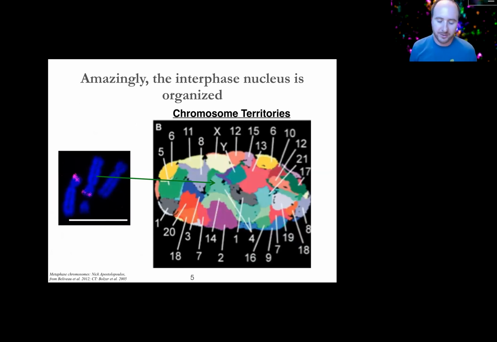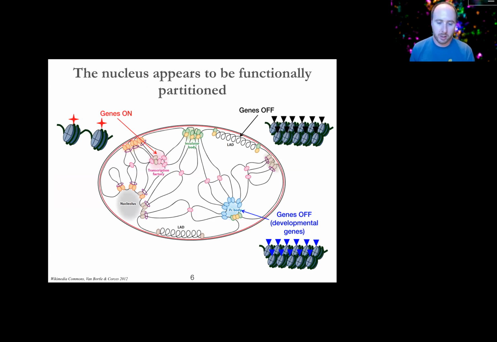We know that my tongue-in-cheek examples from the last couple of slides in terms of these images aren't really accurate in that the nucleus itself is a highly ordered compartment. It's not the cabling disaster or the bowl of spaghetti per se. A clear example of this would be the tendency of individual chromosomes to occupy discrete territories in nuclear space. Another concept that we have begun to understand through work by many labs over the last couple of decades is this idea of functional partitioning of the nuclear territory, meaning that generally, the nuclear interior is more associated with transcriptional activity and transcriptional activation, and the periphery is more associated with things like gene silencing.